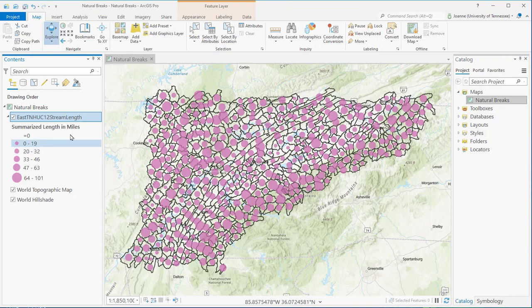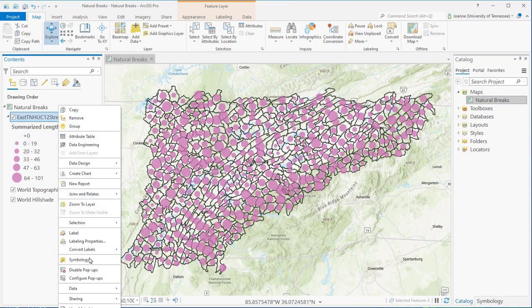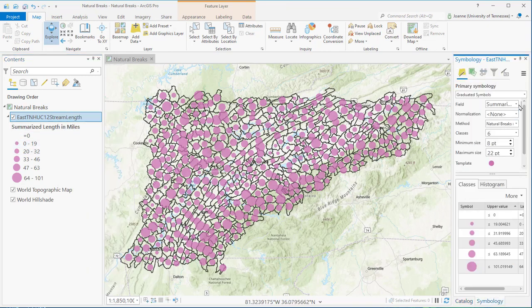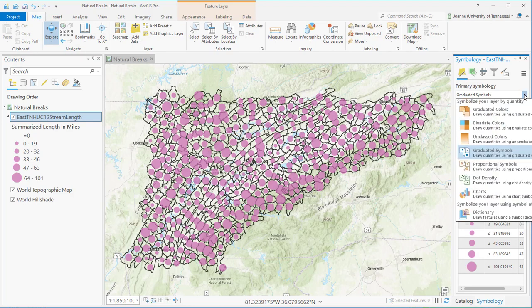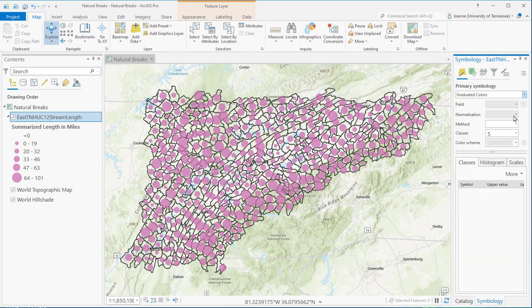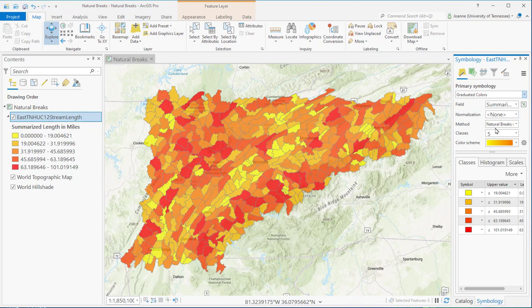And I'm just showing you how you would change the symbology. You have to make sure you actually clicked on the layer and then right click and go to symbology. It brings the menu over on the right, and just like we did in the other map, we have to change graduated symbols to graduated colors. It does default to natural breaks in 5 classes in the Pro version,